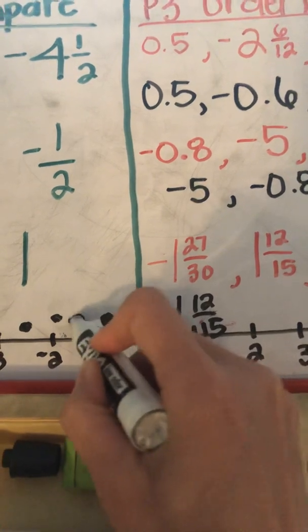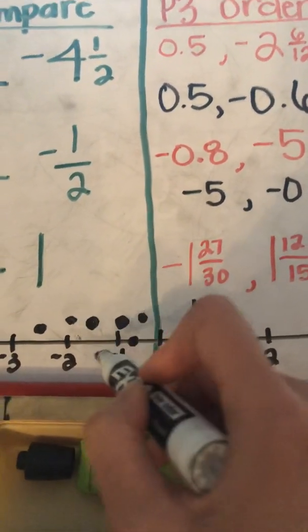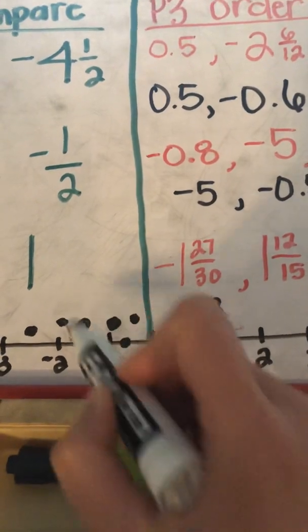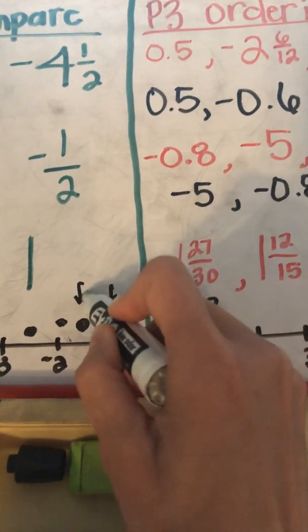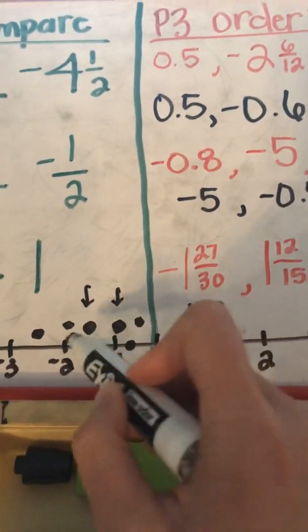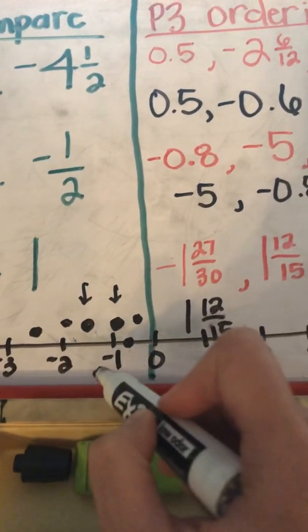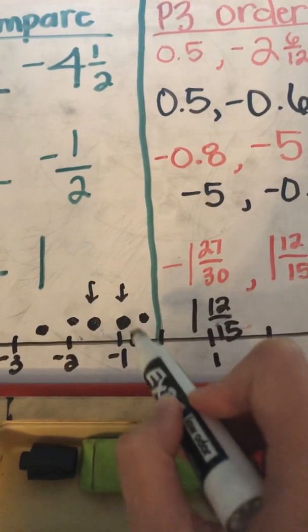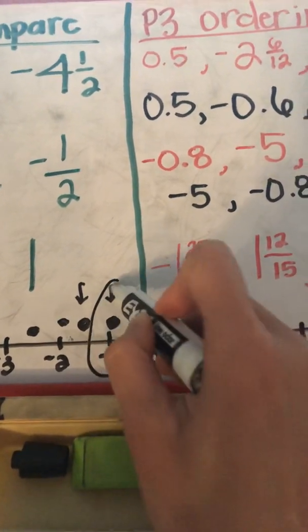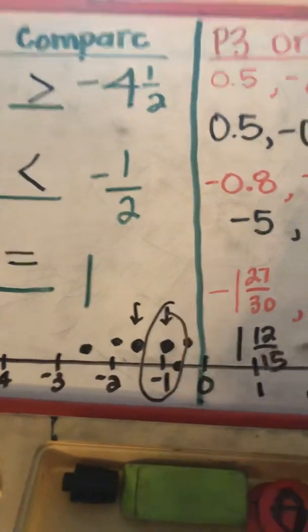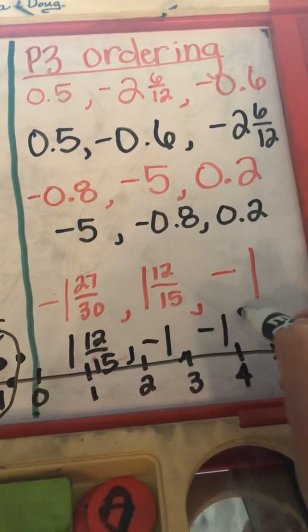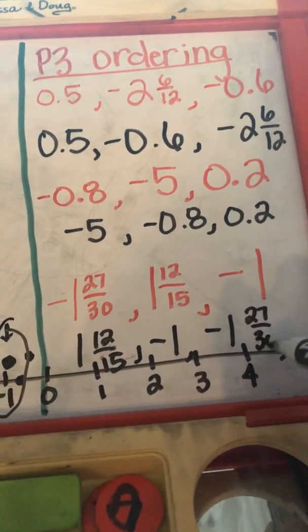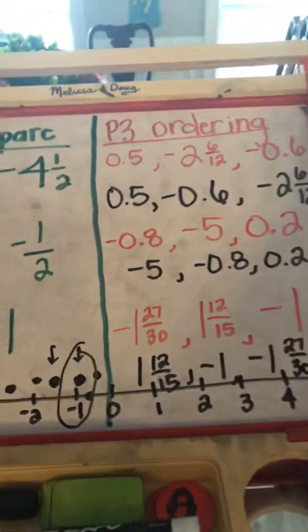So, and it really doesn't matter. Let's just say it's right here. It's actually really close, 27/30 is really close to over here. But I'm looking at this one right here and this one right here. Negative 1, and I know that it's somewhere in between the negative 1 and the negative 2. Which one is closer to 0 on your number line? The negative 1, right? So this is the next greatest one. So that would be negative 1 next, and then negative 1 and 27/30. Okay? All right, like I said,